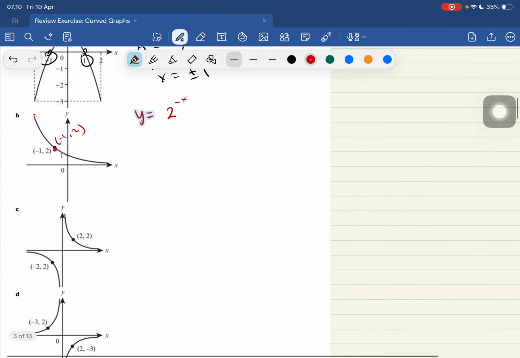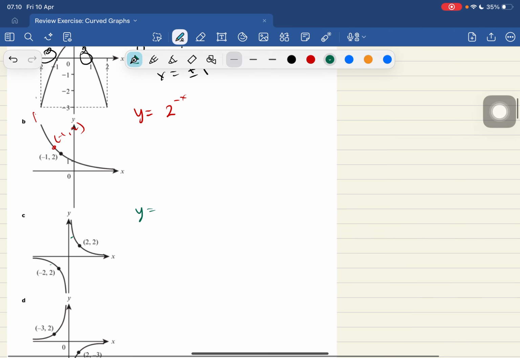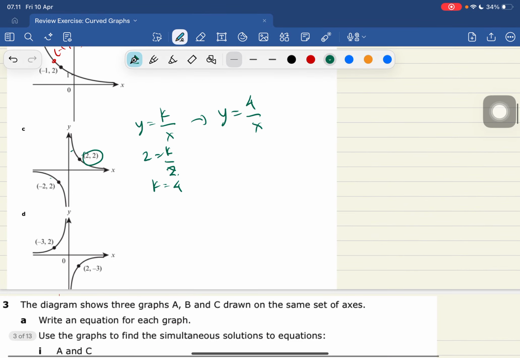Here is the reciprocal. So we got 2, 2.25. So here is the reciprocal equation, y equal to a number divided by x. Let's use 1 point. So if y equal to k, x equal 2, so the constant is going to be 2 times 2, 4. So the equation we can write as y equal to 4 divided by x. Here also still the reciprocal.